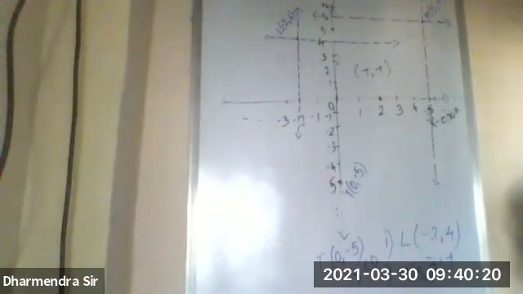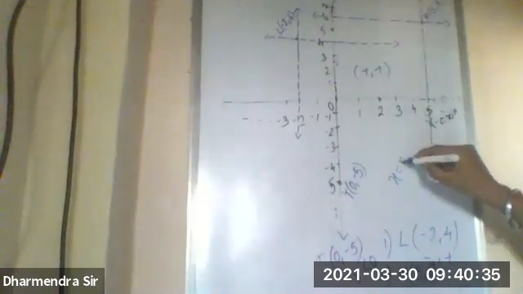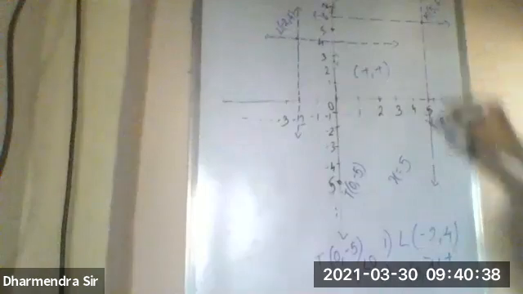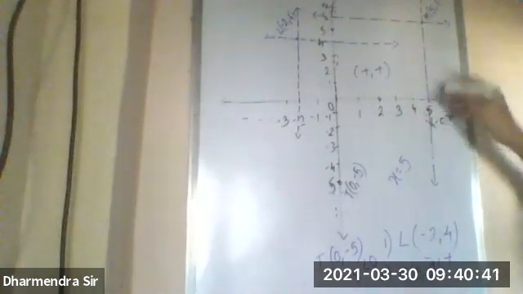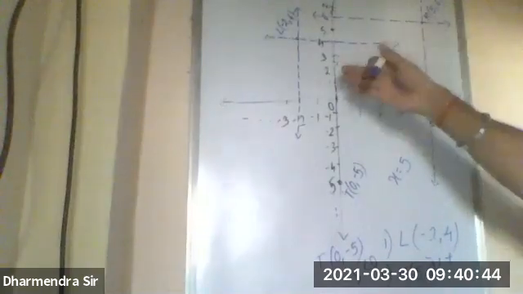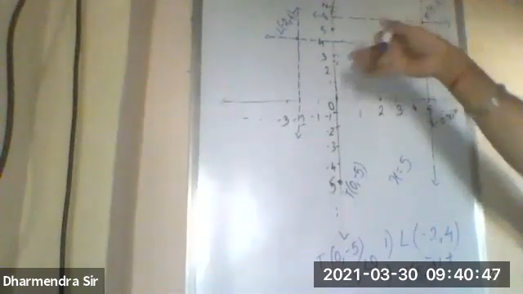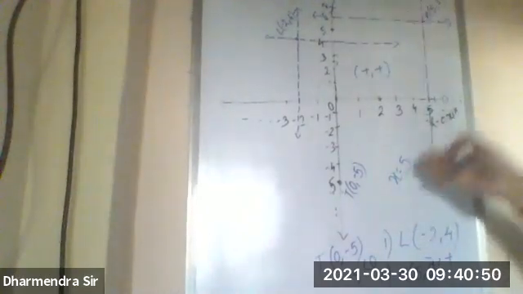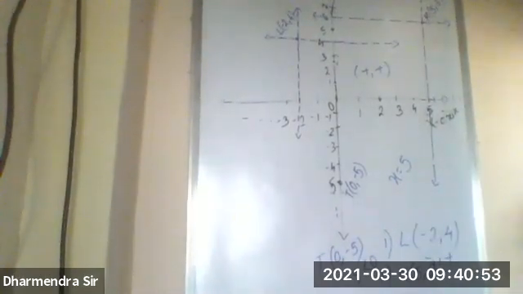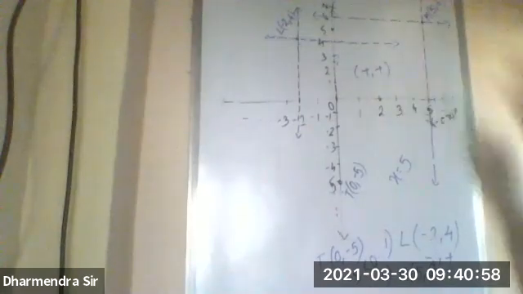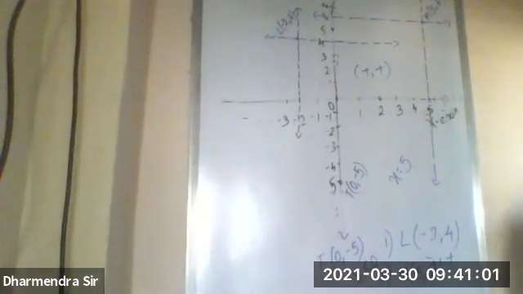So in the next lecture, we'll start with the concept of lines parallel to the axis. If we are drawing x equal to 5, I've drawn a vertical line which is cutting the x-axis at 5. This is parallel to which axis, the x-axis or y-axis? Yes, it is parallel to the y-axis. x equal to a, x equal to b, x equal to minus a, x equal to minus b, all are parallel to the y-axis. And y equal to something will be parallel to the x-axis. This is the concept we are going to use tomorrow.